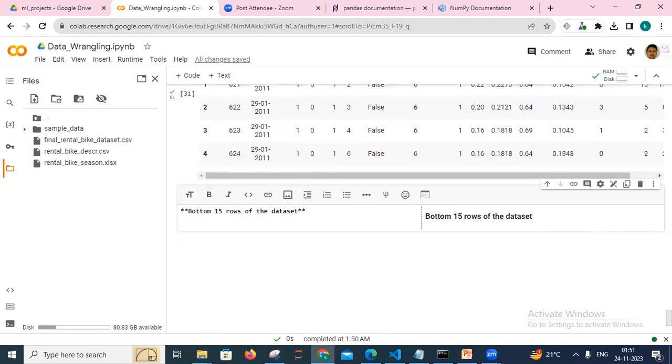So here I'm going to write the comment and the text, just like the head function or method, the tail function or method